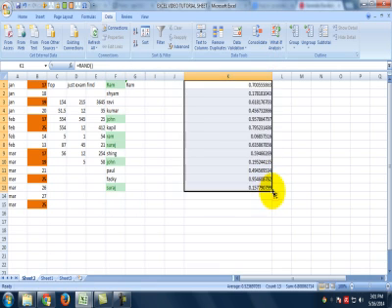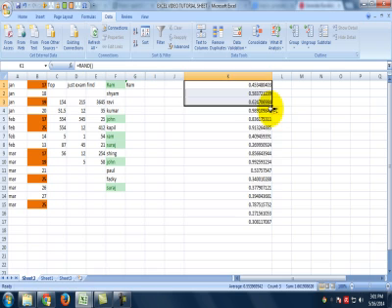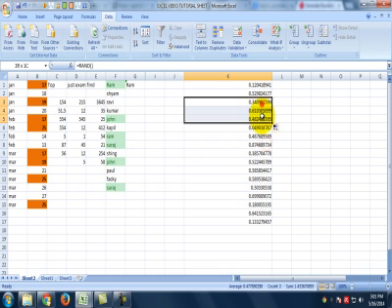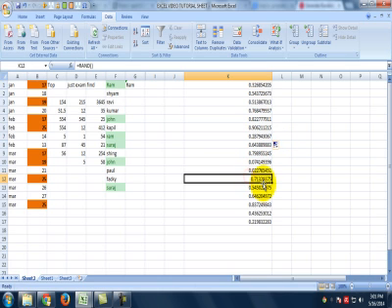to generate random numbers. And if you want to use other set of random numbers, you can just drag again and again. It will generate random numbers between 0 to 1 every time you drag it. And you can also use F9 of your keyboard to generate random numbers again and again.